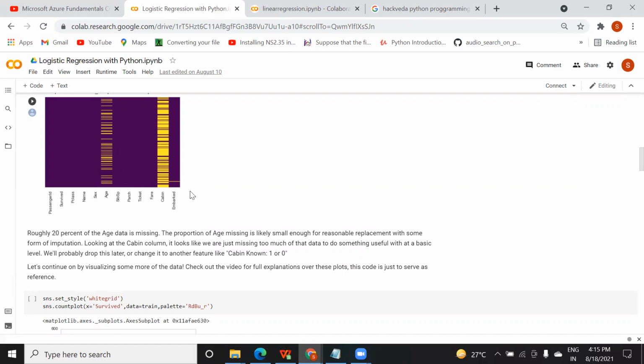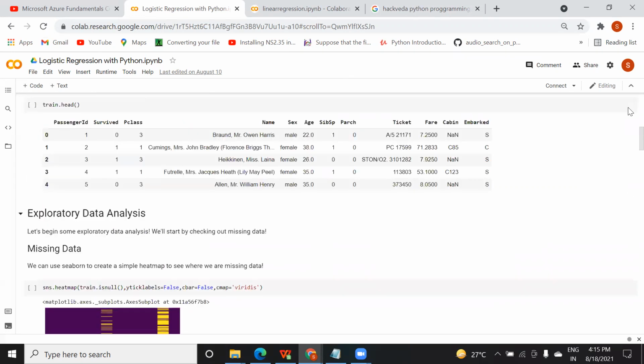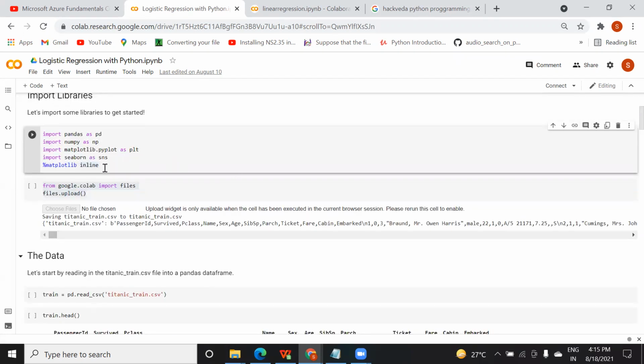In that case, you have to create it in such a way that a new pop-up will open and this graph will appear there. So this inline is for telling the compiler I want my graph to be on the same screen, same file, in the same cell. Am I clear to you? Yes, you are.